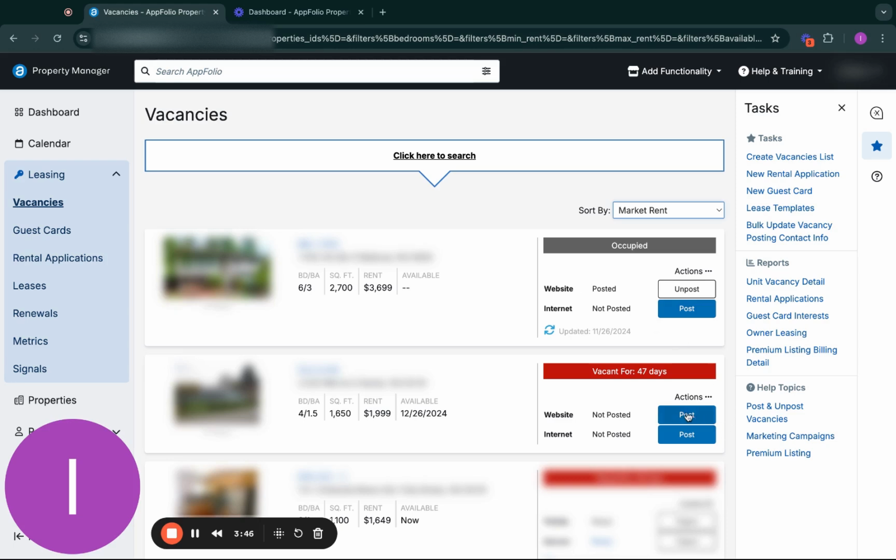So how to post to the website? Just click on this. As you can see here, if you just click on this, it will automatically post the unit to the website. And if you click on this, it will automatically post your unit to the internet. Before doing that, what I recommend is click on this action. As you can see here, you will have three options: download marketing flyer, post vacancy manually, and remove vacancy listing. At this point of time, as this unit is occupied, I would like to remove this from the vacancy